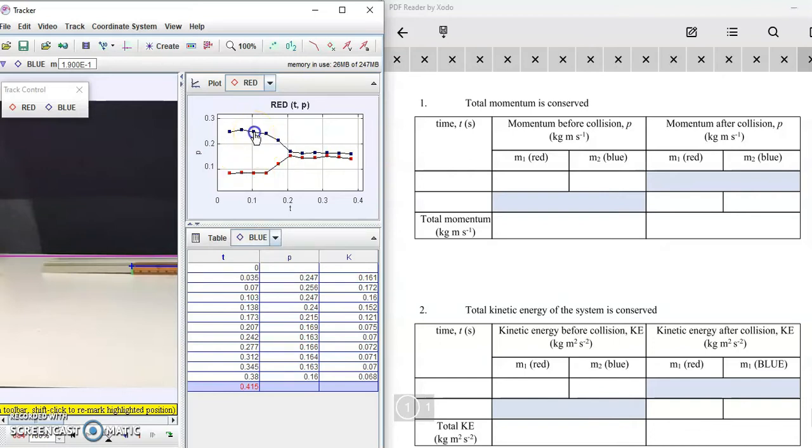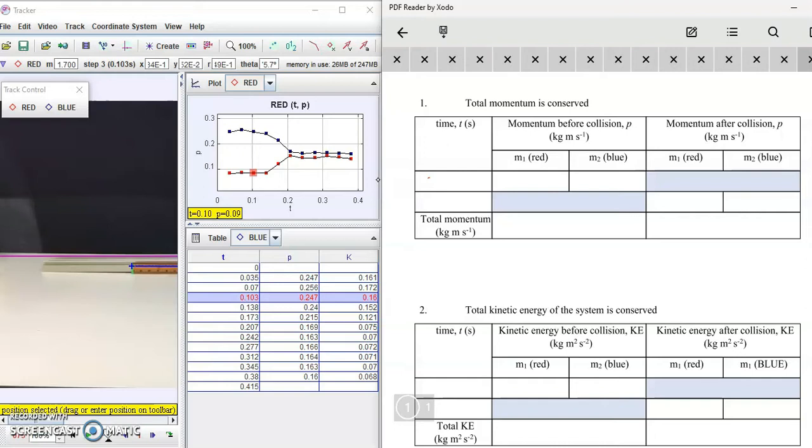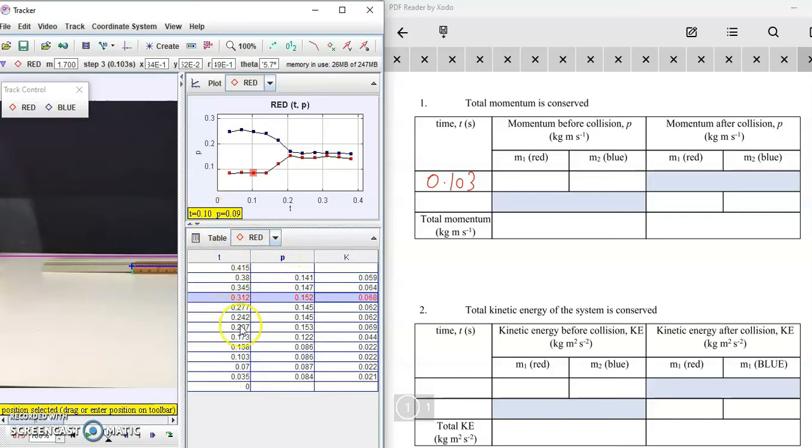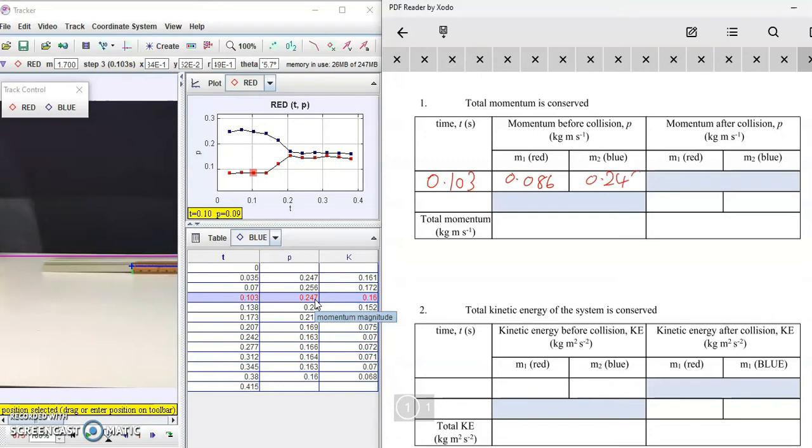Before the collision, let's say at t equal to 0.1, we can read the reading from the graph and also from the table. The table is more precise, which it shows until 3 decimal points. So at t equal to 0.103, the momentum of the red car is 0.086, while the momentum of the blue car is 0.247. After the collision, let's say we take this reading, red,